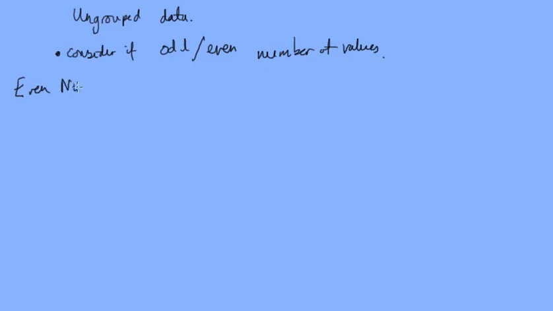So we need to consider if odd or even number of values. So for even numbers, for an even number of values,